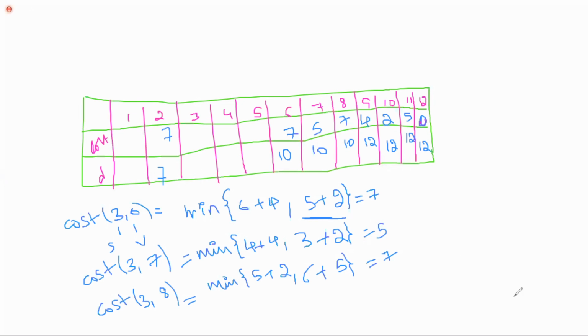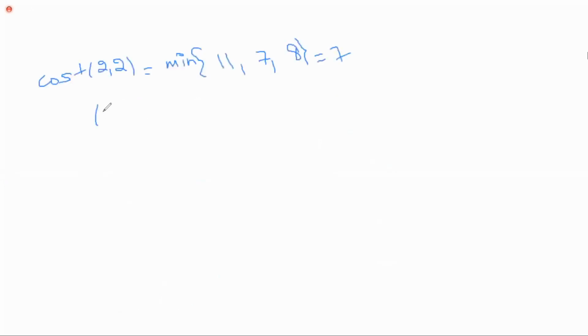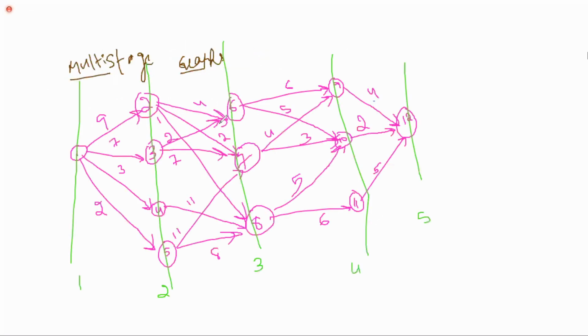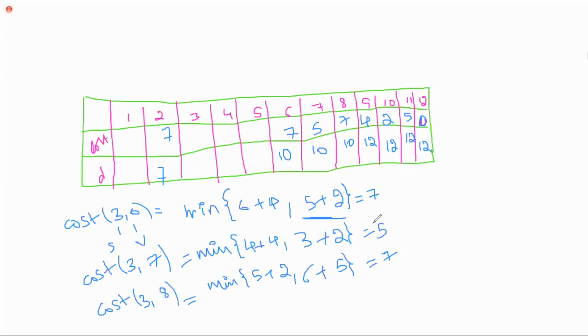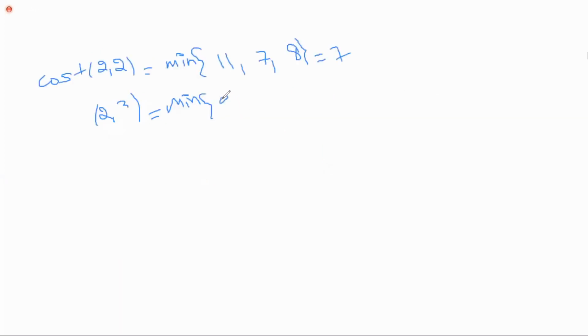Next, in the second stage, the third vertex: cost of (2, 3), which is equal to the minimum of... Vertex 3 has 2 outgoing edges: 2 plus cost of 6, and 7 plus cost of 7. We'll see. 2 plus cost of 6 means 2 plus 7, which is equal to 9, comma,